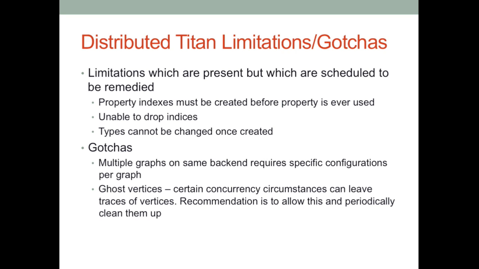So, limitations and gotchas, and I ran into some of these. In particular, this inability to create indexes or drop indexes on the fly. That kind of caught me by surprise as I was working with this. It's not that they couldn't do it, but I think there's a hesitation on their part, I think rightly so, to avoid this kind of arbitrary triggering of column family scans, which is really horrible for HBase and Cassandra. I could see them possibly doing that, but it's a surefire way to allow people to shoot themselves in the foot.